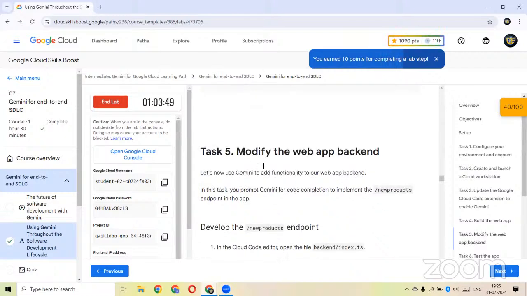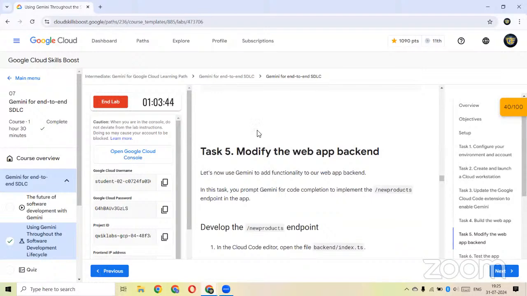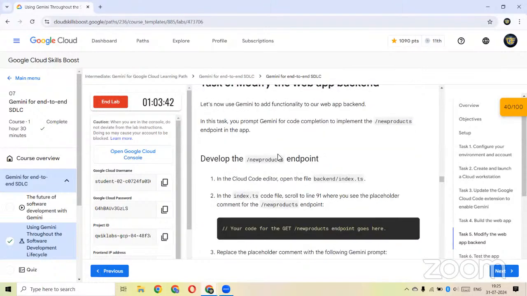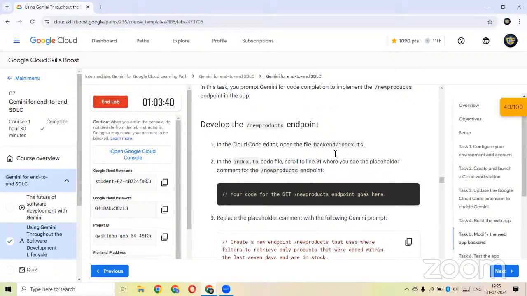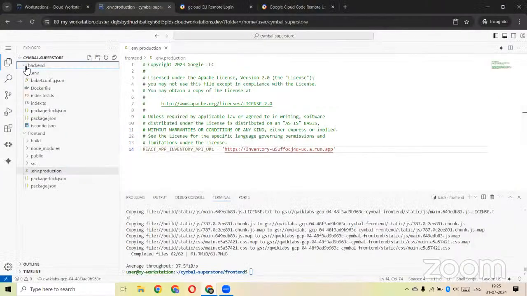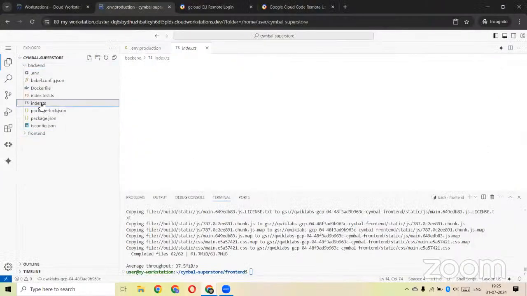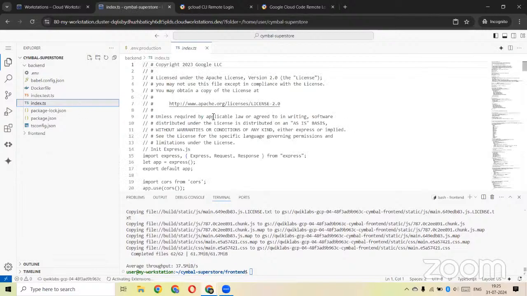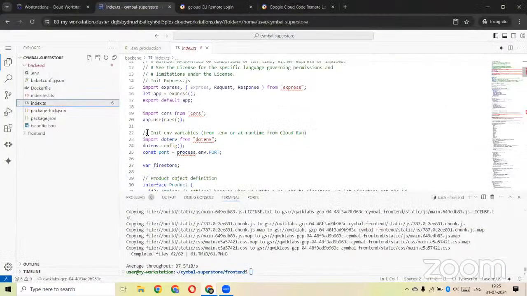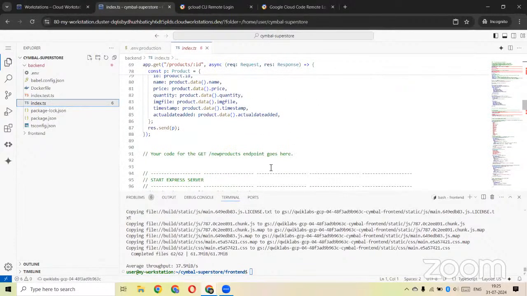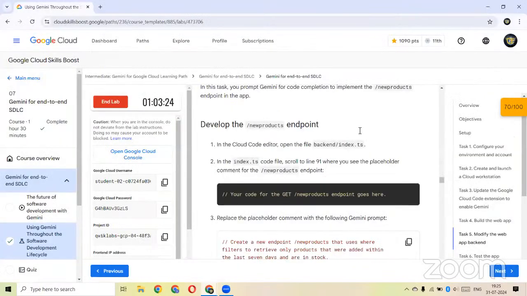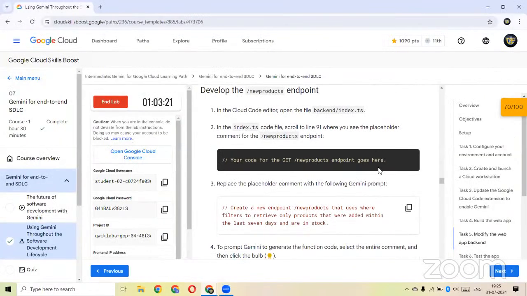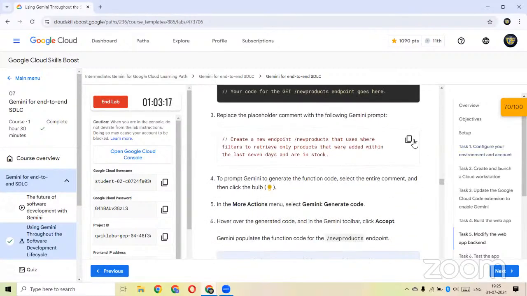Okay, now just modify our backend. We will be inserting the images to our front end using the cloud storage. Okay. For that, open the backend, open the index.ts file. Then let's go to the 91st line. Okay. For the new products, you have to give the code here. So just copy. Okay, you can just paste this